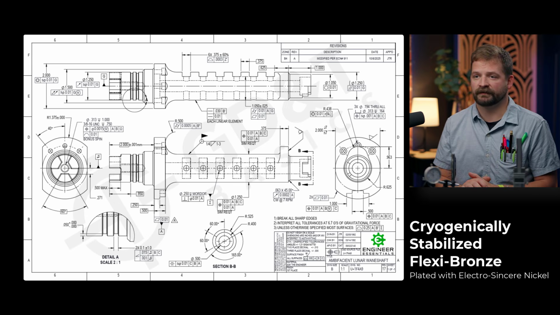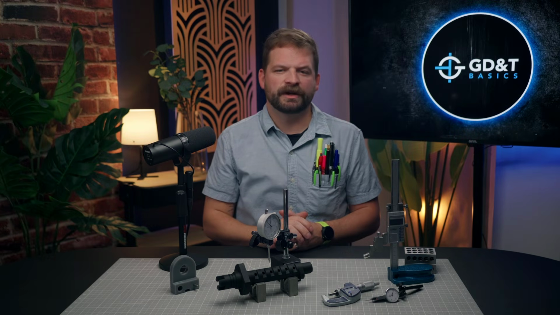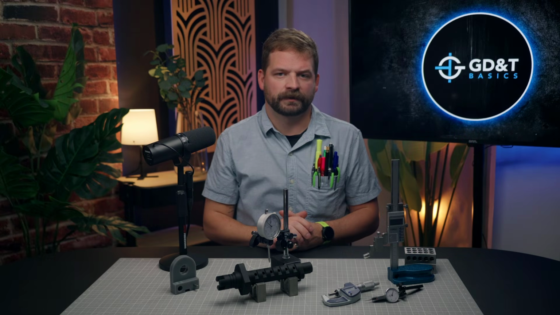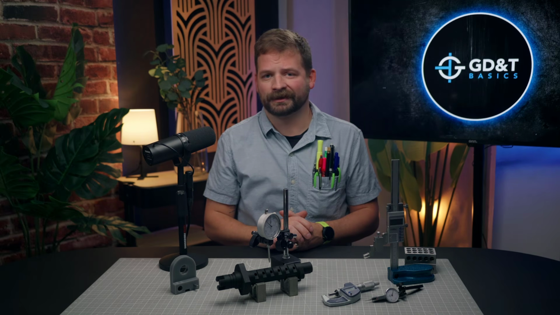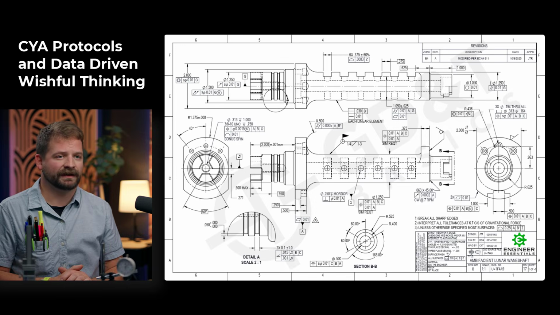Lastly, this part is made of cryogenically stabilized flexibronze that is plated with electrosincere nickel and heat-treated to roughly the hardness of a non-Newtonian fluid. We know most inspectors have a desirability bias towards measurable components and are wondering if this part can even be inspected, and technically no. That's why we've identified each critical dimension with a TBD designation to reduce unscheduled high-velocity close